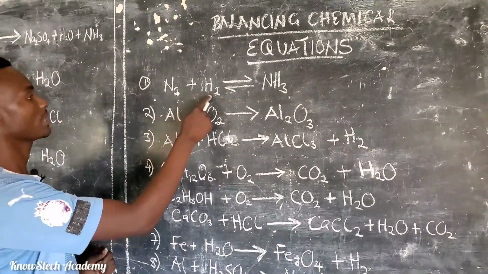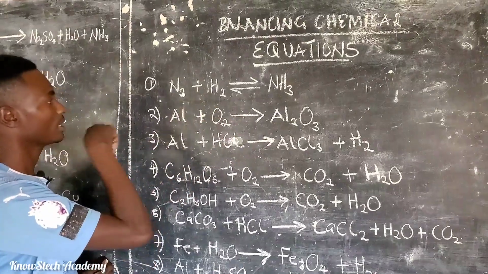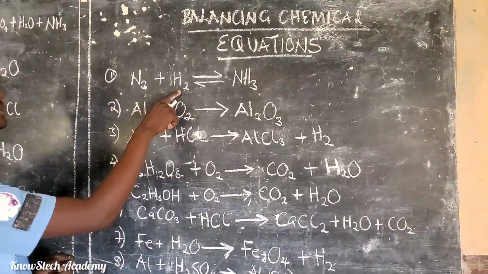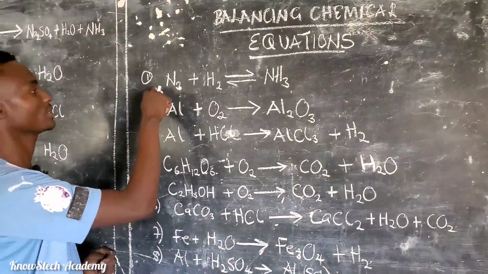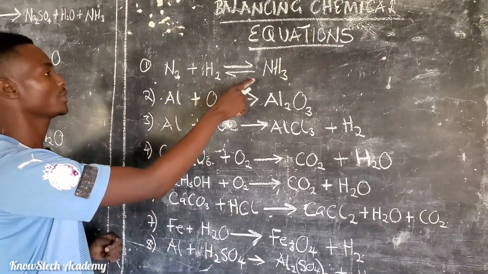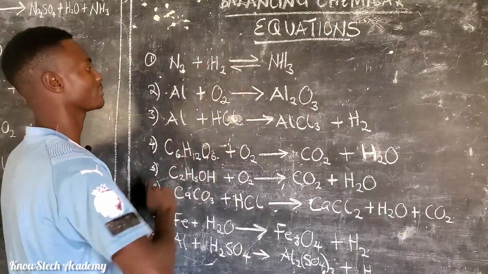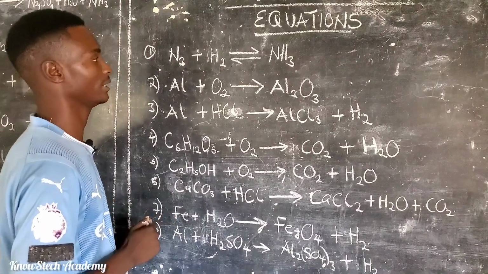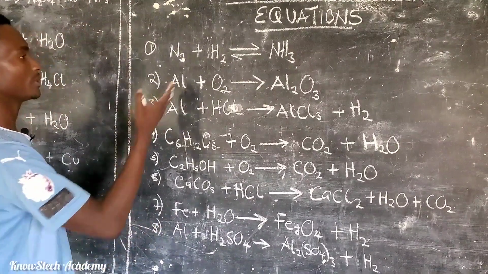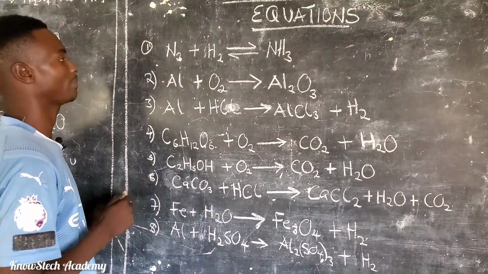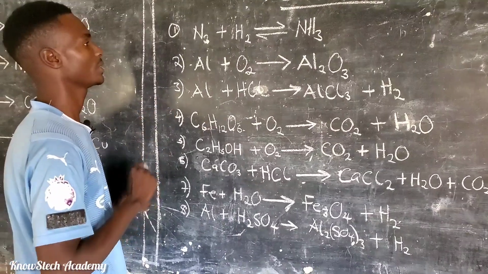So for the first, we are given this equation. This is nitrogen, this is hydrogen. So this is nitrogen reacting with hydrogen to form ammonia. This is ammonia, and this reaction is a reversible reaction. This is the reaction used in the initial stage of the Haber process. So now,